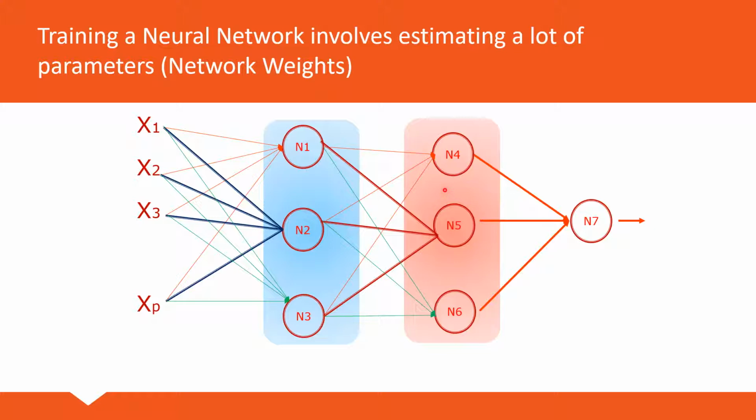So in this kind of structure, I kept talking about weighted combinations, right? Every connection here has some weight associated with it. So training a neural network is nothing but the task of estimating these weights. Now, how do we estimate these weights? That's the question here. Before trying to answer that question,